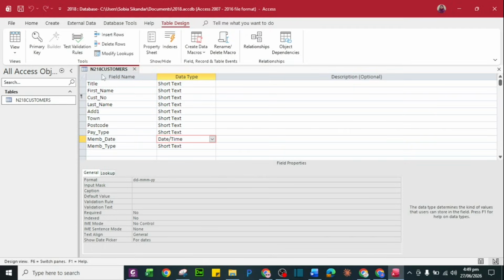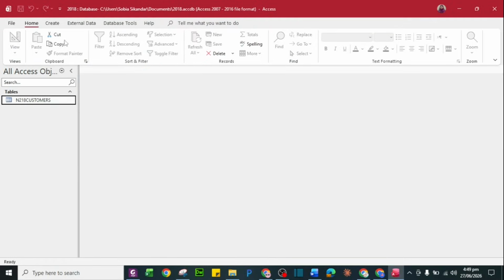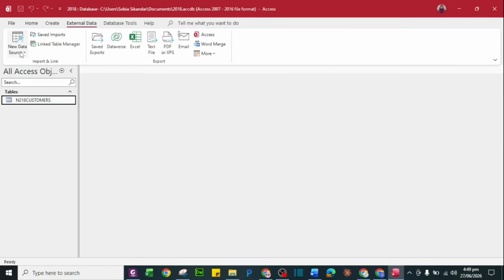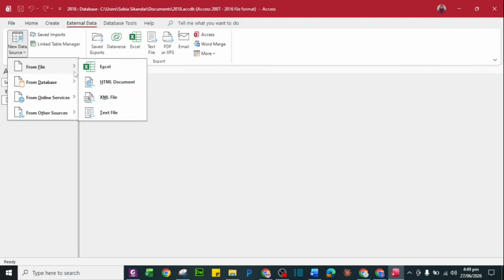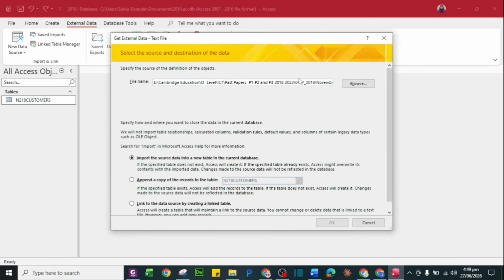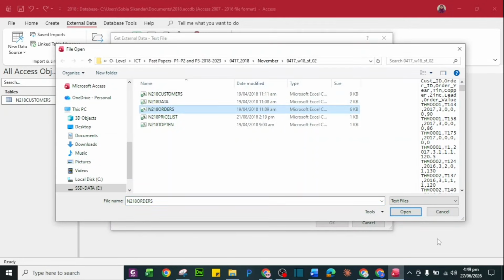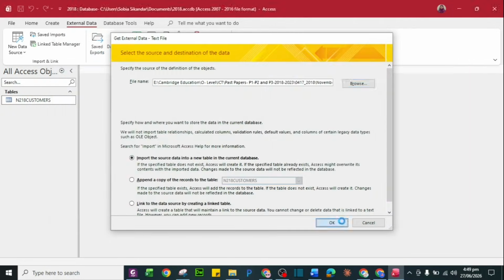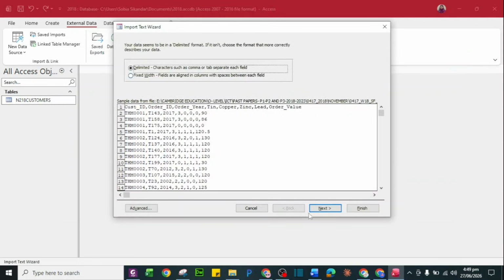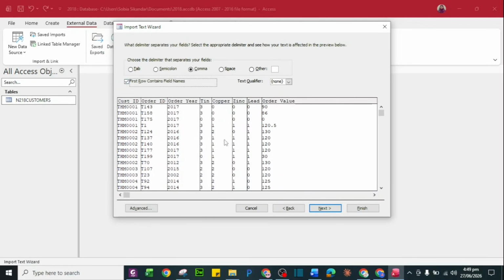Let's go. Press Ctrl S once again. Close it. Move towards the external data, new data source and text file. Browse it again. This time we are taking orders. Open. OK. And due to its comma separation, we will keep on moving.